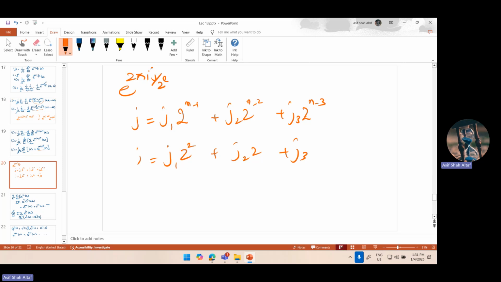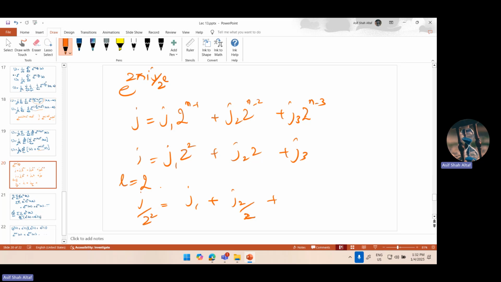Now you are dividing it by 2 power L. Assuming your L is 2, then what will be J by 2 power 2? So you will have J1, you will have J2 by 2, and you will have